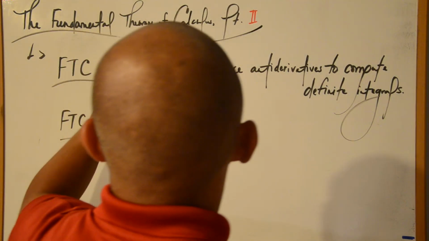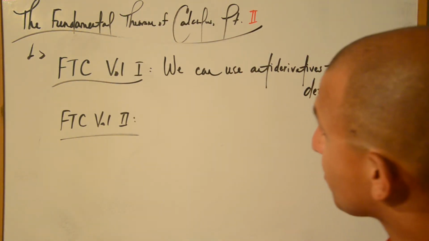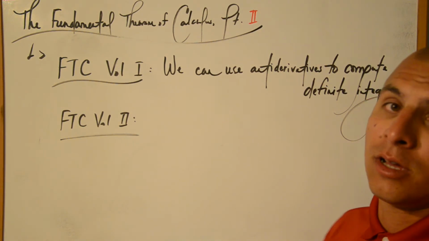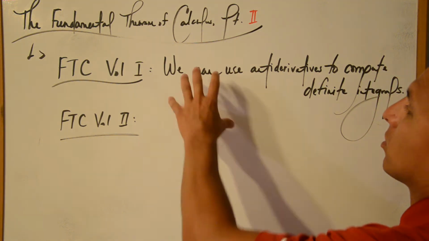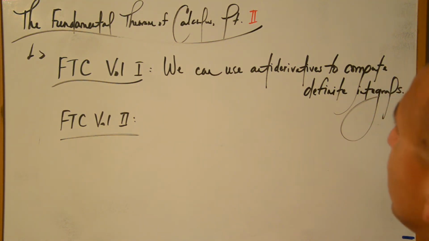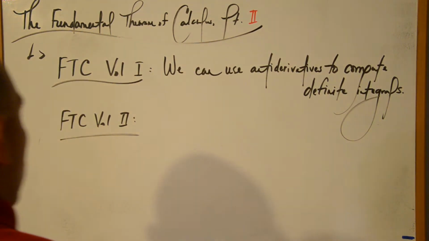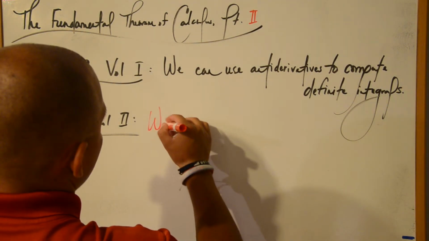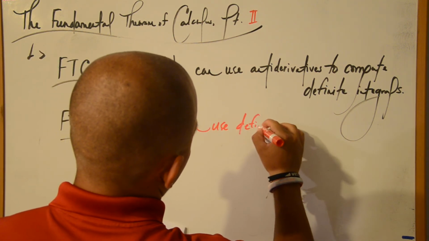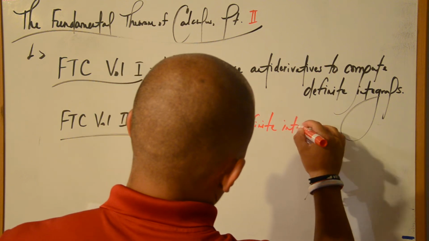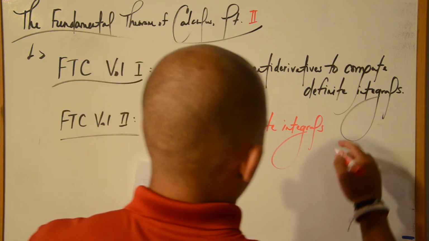Alright, welcome back. We are very close to the conclusion. We are picking up in our seamless transition from the fundamental theorem of calculus part 1, where we established that we can use antiderivatives to compute definite integrals, and part 2, which is the converse, and says we can use definite integrals to construct